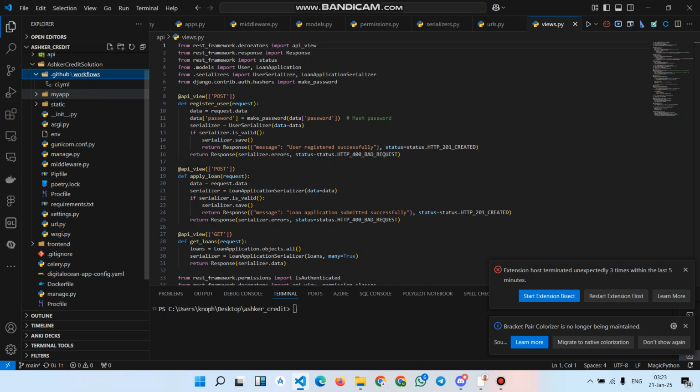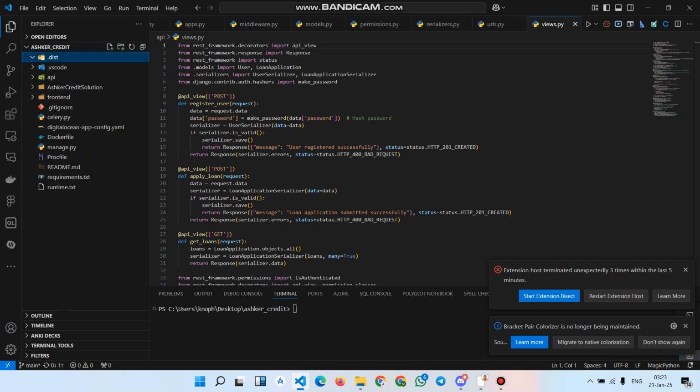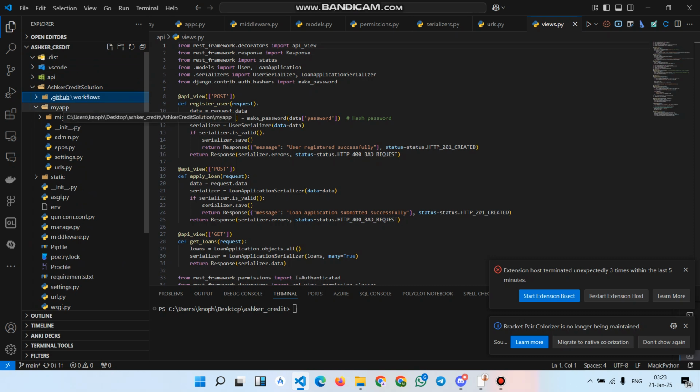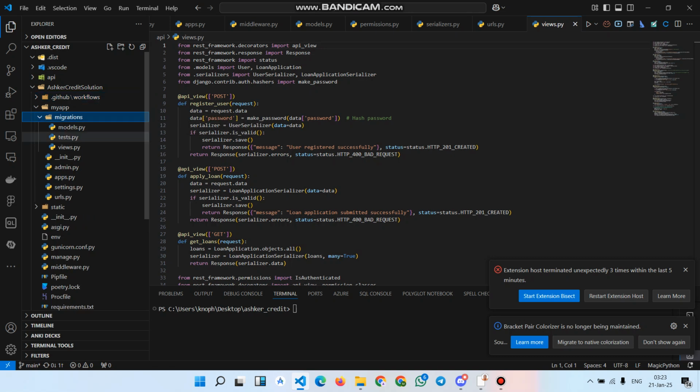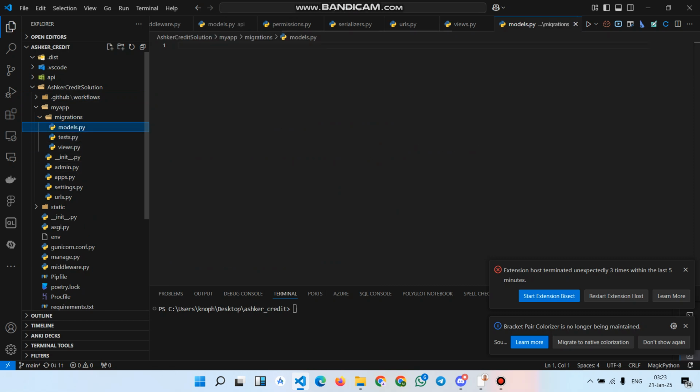So we have the my app directory, and it has several entities inside it. It has a migrations directory, which tracks changes in the app's database models. It has the models file, a Python file that contains database models for this sub app. It has the tests, which contain unit tests for the sub app. Then the views, which handle specific business logic for the